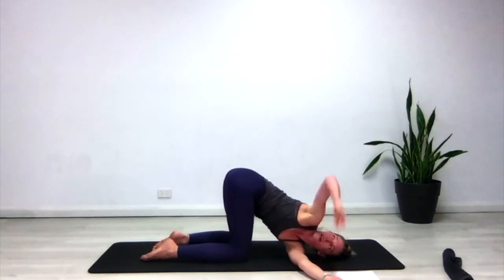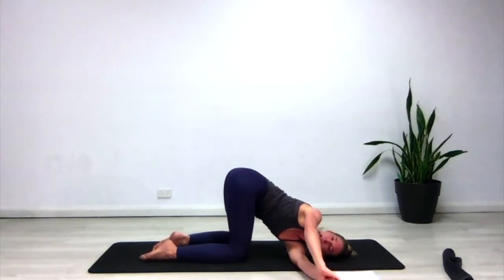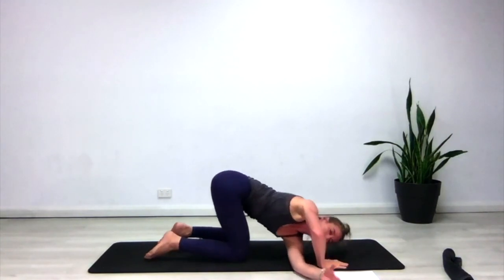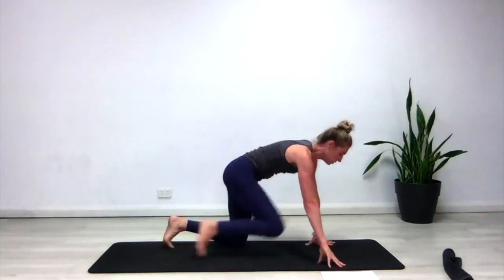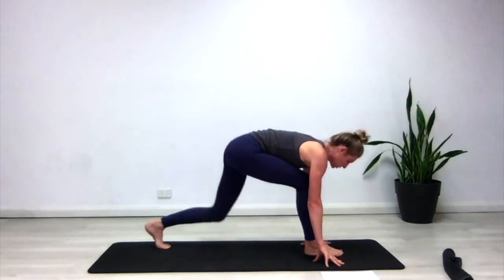Let the head rest. Reach the arm up. Then take hold of it and draw that arm through. Use that right hand to try and pull it around that little bit more. Keeping those hips square. One more big breath here. Right hand goes down all the way up and just bring your right knee through and stretch your left leg